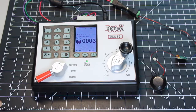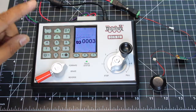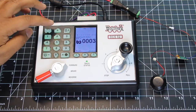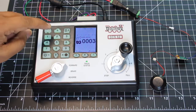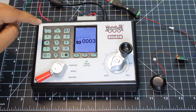And as I said, the acceleration seems too fast for most of my engines. I'm gonna try and program that using the instructions that the manual offered. But most of the other functions actually work also. So if I do, that's the bell. And there are different